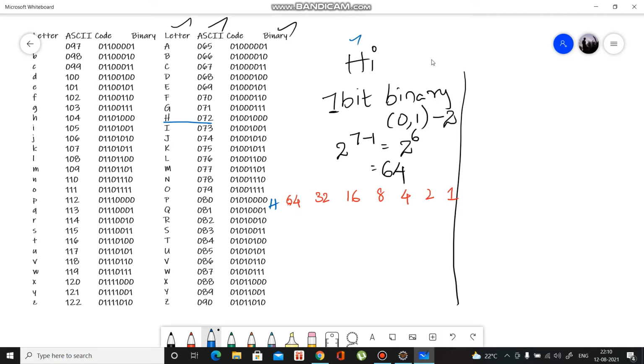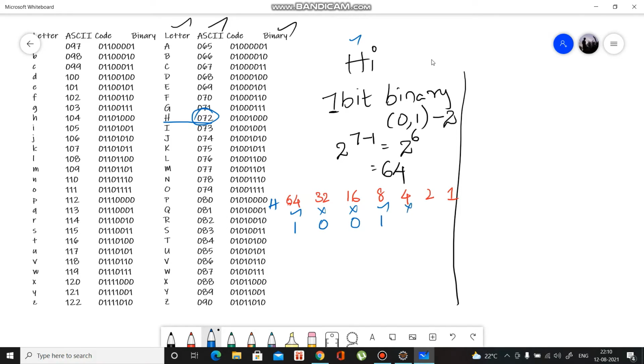To get 72, we should see which numbers we add. 64 definitely, so it's 1. 64 plus 32 is 96, so it's not there, so it's 0. 64 plus 16 is 80, that's also a no, so 0. 64 plus 8 gives us 72, so it's 1.